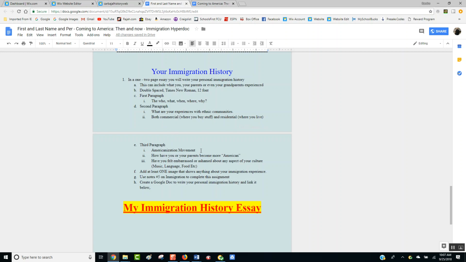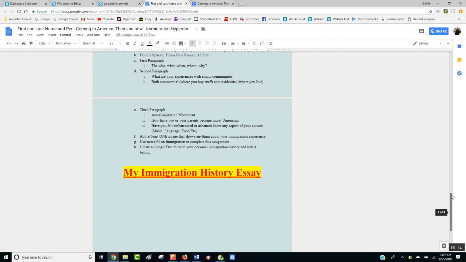Third paragraph is going to deal with a topic from notes 5, the Americanization movement, where they tried to get immigrants to be more American so they could fit in. Have you or your parents become more American? So you're going to have to discuss with your parents or go by what you see. Have you felt embarrassed or ashamed about any aspect of your culture, the music, the language, or the food, trying